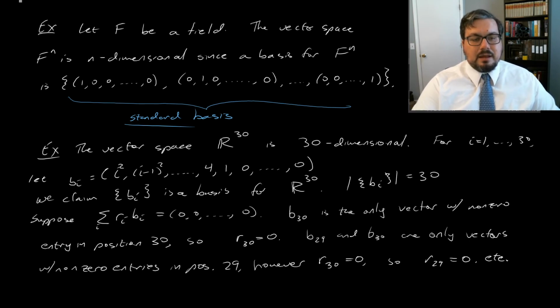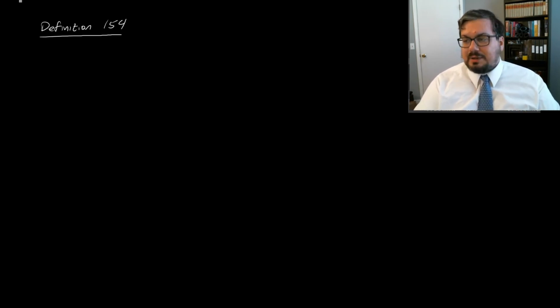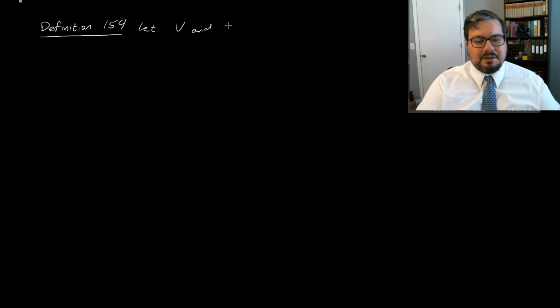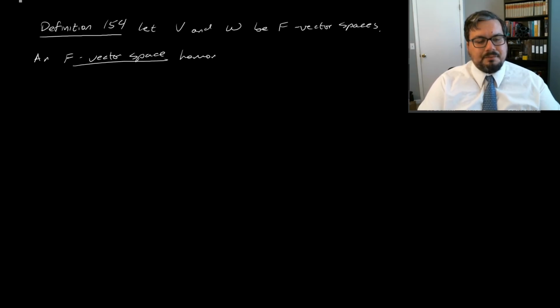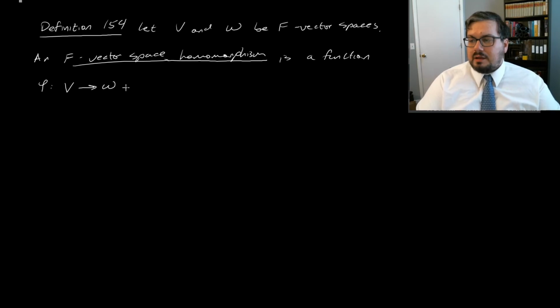All right, the last bit I want to do here is to talk about vector space homomorphisms, functions between vector spaces. So we'll give the definition here. It'll look very similar to other definitions that we've had, although it's going to be different in that it takes the action of F on V into account. So let V and W be F-vector spaces. An F-vector space homomorphism is a function phi going from V to W such that